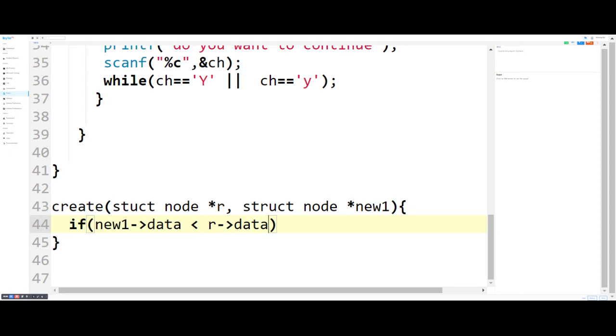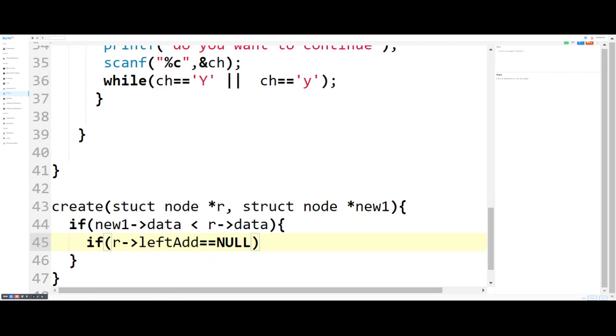If new one of data is less than root of data, we again check if root of left address equal to null.